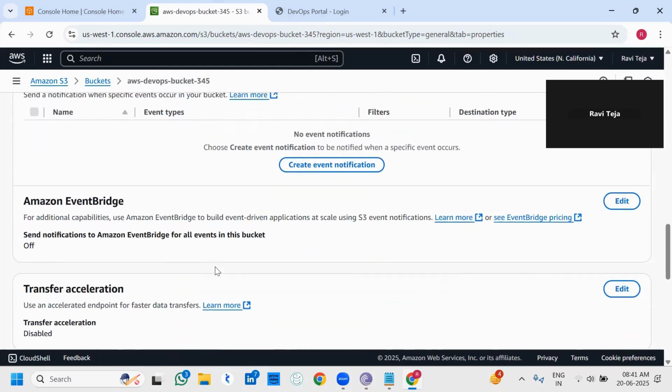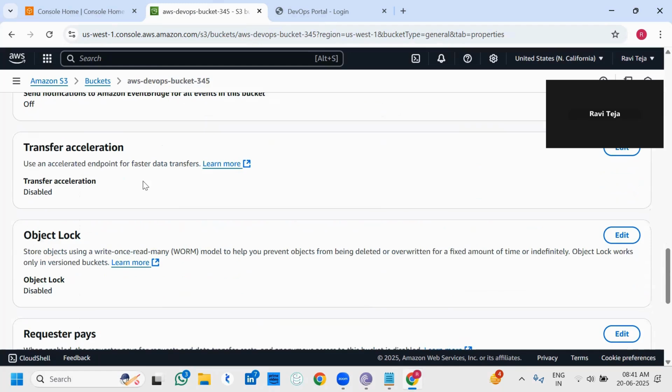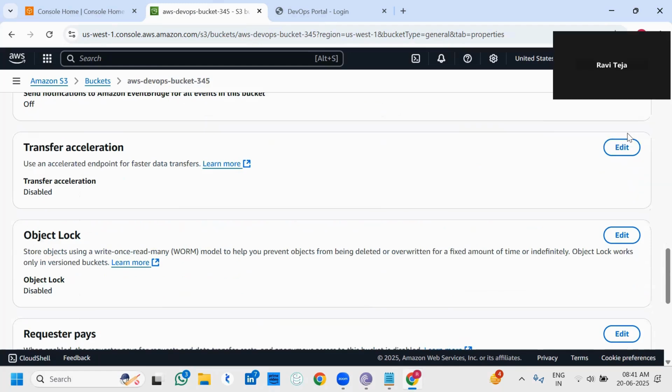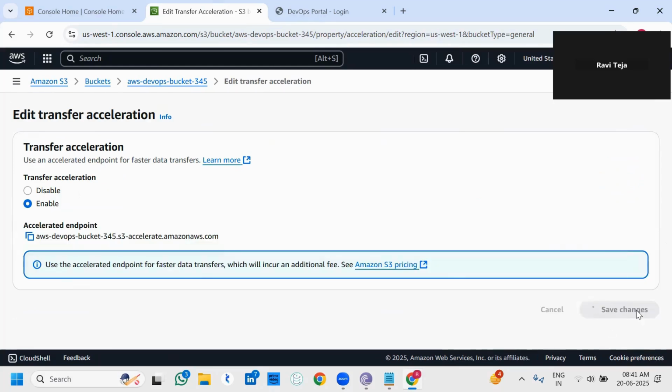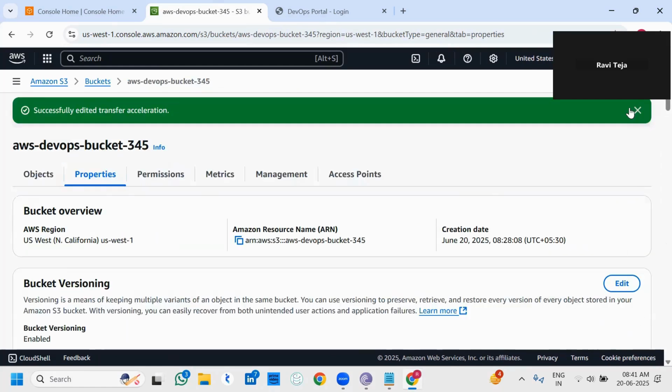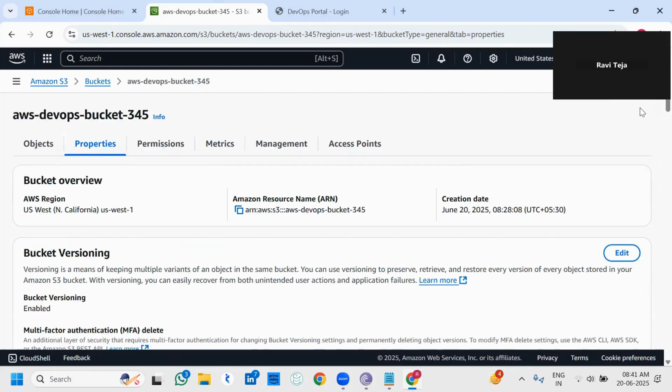Okay, we are going to understand where it is. Are you able to see transfer acceleration? Click on it, edit. Whenever this is enabled, save changes, then you will be able to transfer the data easily and very fast. Then next,